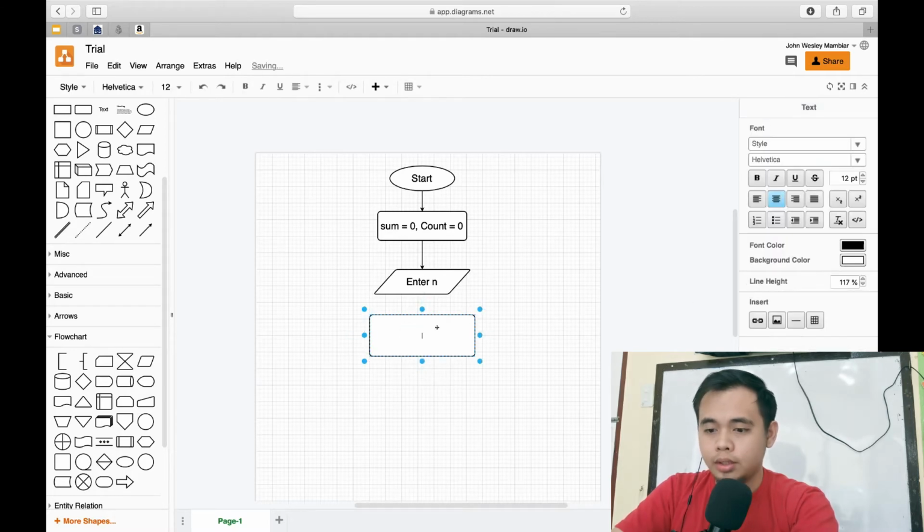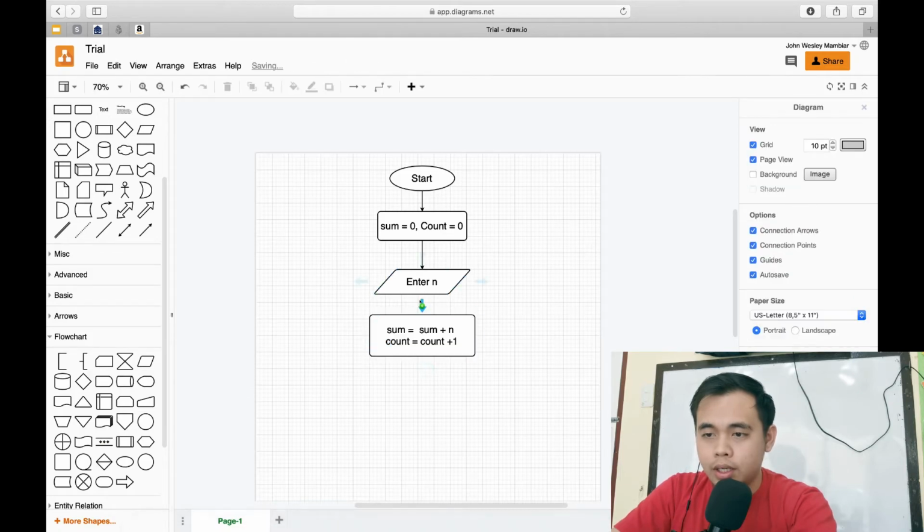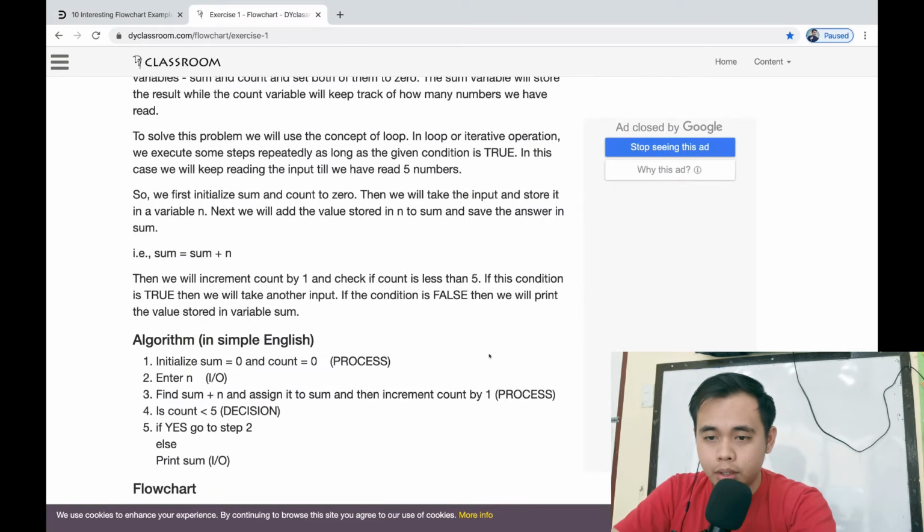So we can say sum is equal to sum plus n, and then count is equal to count plus 1. There you go. Now I know that you cannot see that properly, so I will change it to size 24, and then I will connect it with an arrow. Step number